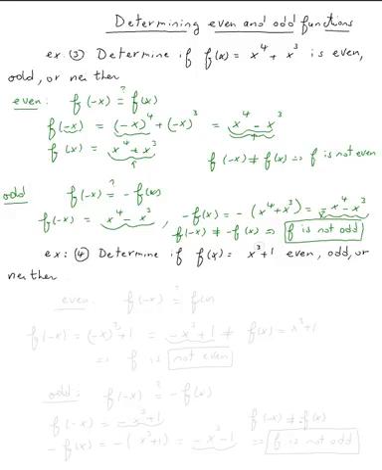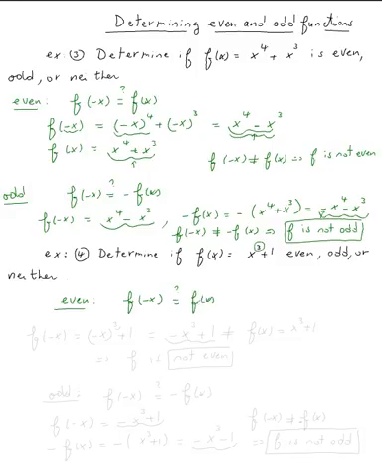Now I want to do this example 4 to show you a misconception. Some people think that because the exponent is odd, the function is odd. So here's a good example. Let's check if this is odd, and then we check it's not even. Let's check even first. For even, we need to check if f of negative x is equal to f of